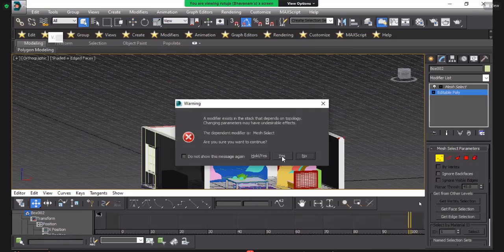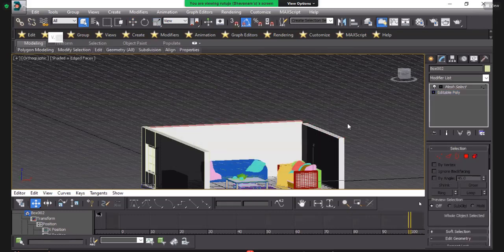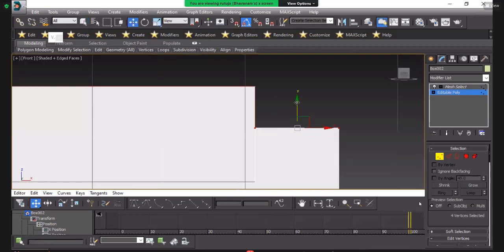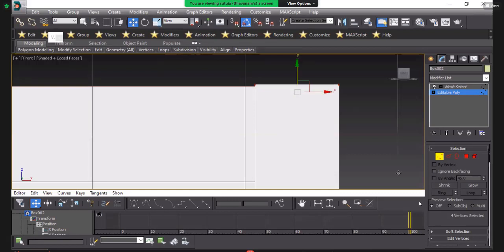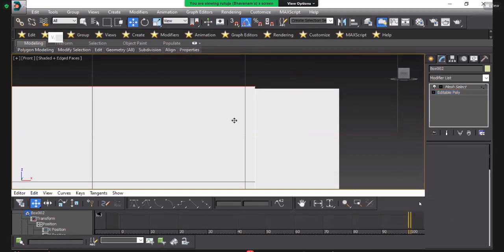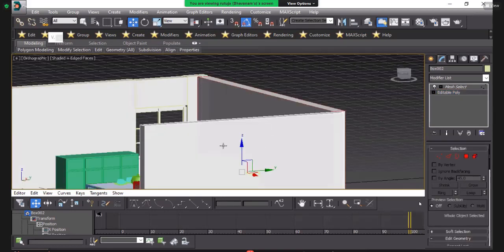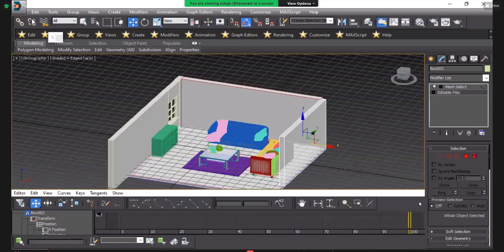Go in editable poly, press yes, and after that you will select. Okay, like that you will press.